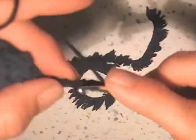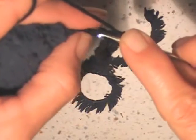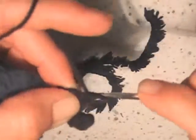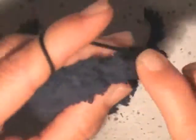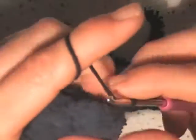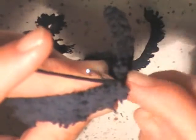2, 3, 4, 5, 6, 7, and our last one. So this is the arm of the spider, and now we go in this place again, just with the hook,